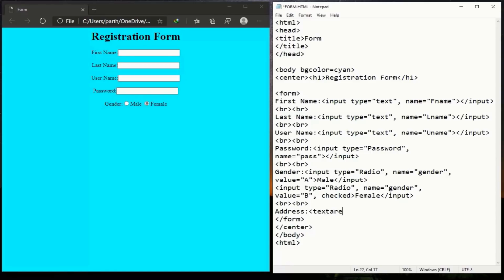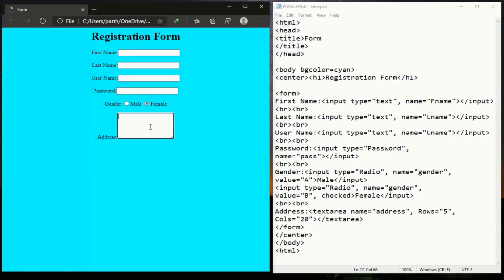Start a new tag named textarea. Then use the name attribute and give a value. After that, you can mention how many rows will be visible when the page loads. For that, use the rows attribute and give the value that you want to show on your web page. Similarly, for columns, use the cols attribute and give a value accordingly. Then close the tag. Lastly, close the textarea tag. Now save and refresh. And check that only 5 rows are visible. And after that, for every new row, a scroll bar came.